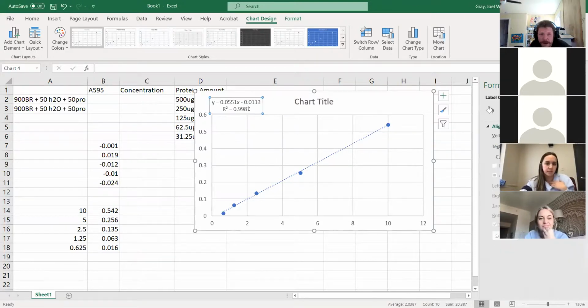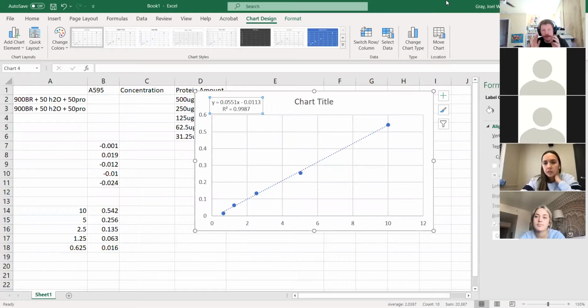So what I see here is my graph that gives me my equation for my line, y equals 0.0551x minus 0.0113, and an r squared value of almost 1. So that tells me that my data is pretty darn good. It's very linear. Now, with all of that said, when you look at this data,